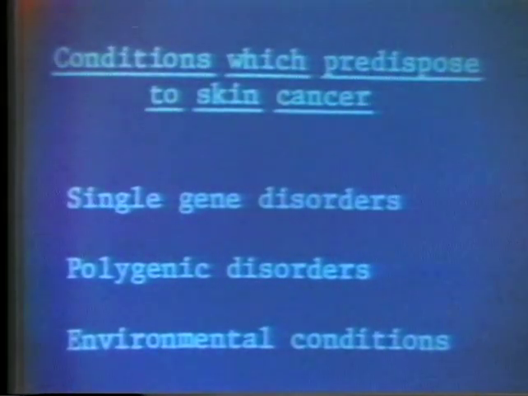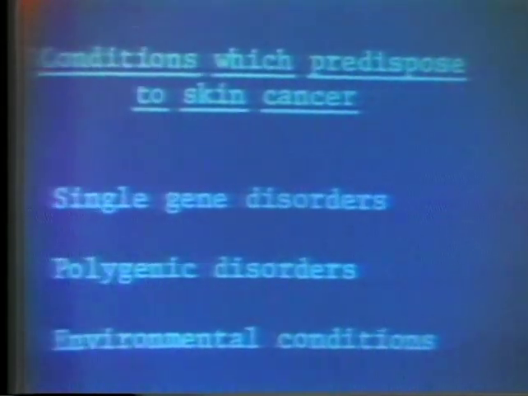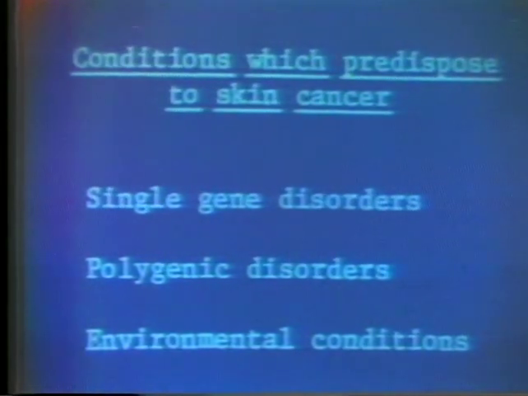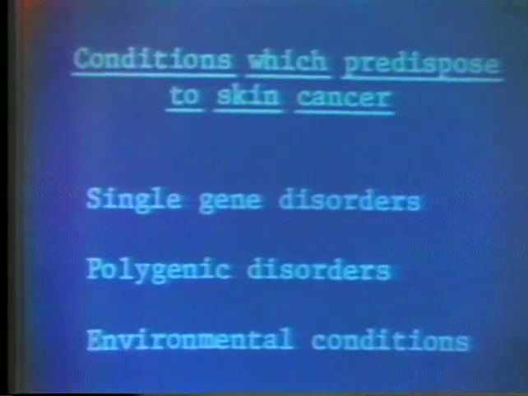To give you an idea of certainly a common cancer, skin cancer, which can have a number of different etiologies, it's very important to try to define your genetic disorders and your environmental interactions. Talk about skin cancer for a minute, and what we'll say can be applied individually or as a group to both or all basal cell carcinomas, squamous cell carcinomas, as well as melanomas. But certainly conditions which predispose can include certain single gene disorders, certain polygenic conditions really rather than disorders, and certain environmental conditions. Next slide, please.